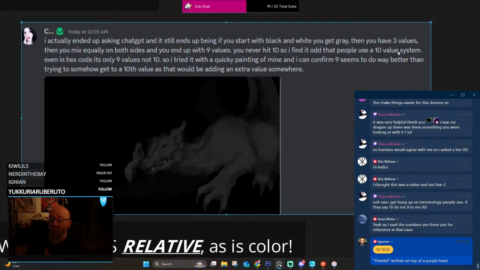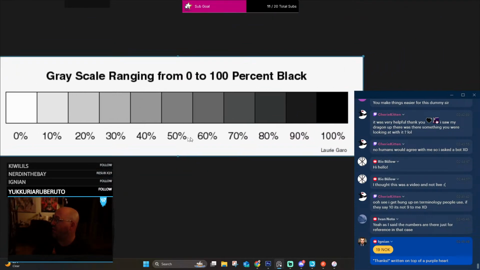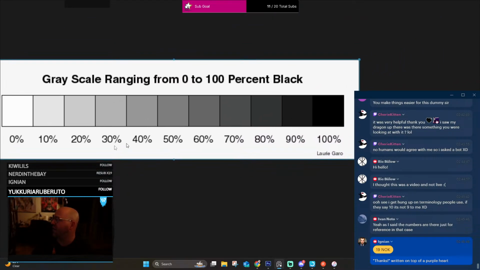But seriously, the reason why people use the 9-point scale is, let's say you take out the 0 and you take out 100, because there's no black and there's no white. 1, 2, 3, 4, 5, 6, 7, 8, 9. 50 is right in the middle. That's the only reason this is important. That's your true, and that's a separator. That's a great separator.